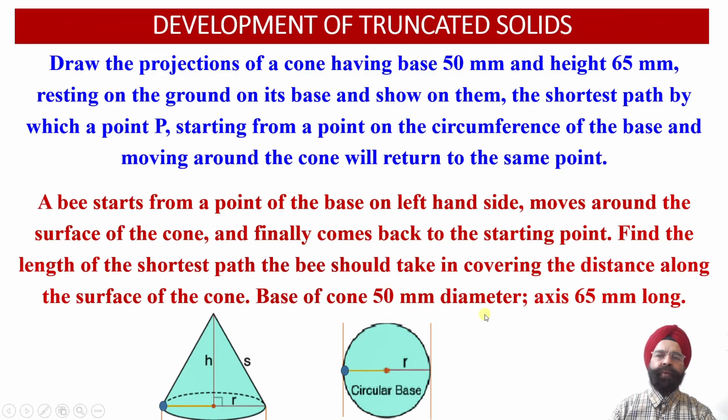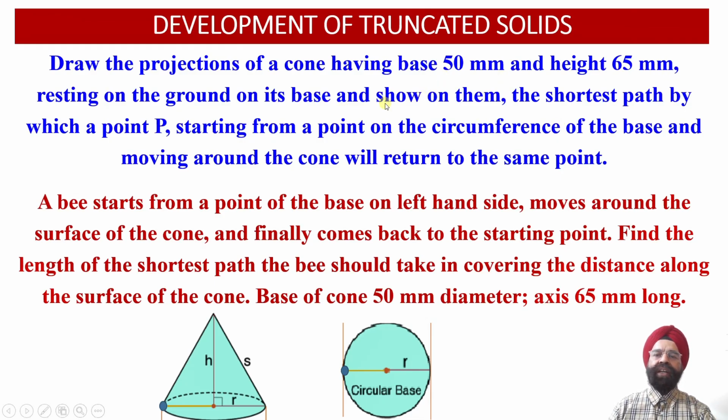Now here we have been provided with a cone which is having base diameter equal to 50 millimeter and axis height equal to 65 millimeter. We are required to obtain the orthographic projections of this cone when this cone is resting onto the ground on its base, and after the construction of the front view and the top view projections of this cone, now